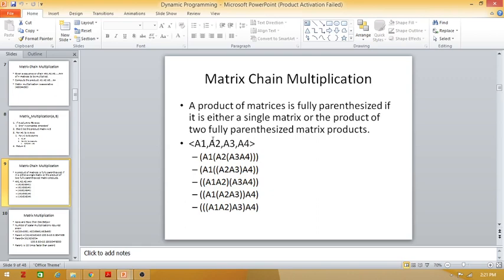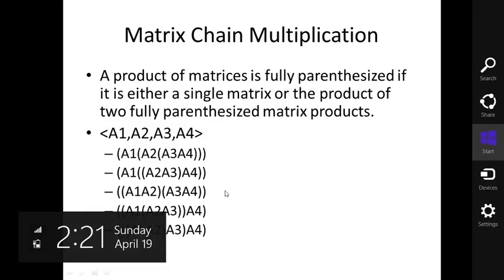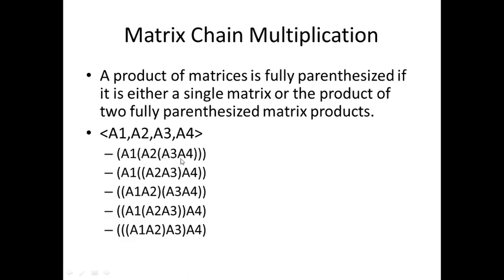Also note the point, this is full parenthesization. Actually an outside bracket you can also see. And this gives you different ways of multiplying the matrices. If you go through that, you can see in the first case A3 A4 will be multiplied, then A2 dot that product will be computed, then A1 dot that product. Here it is a different way, and here also it is a different way. Altogether, we are getting a total of 5 different ways of full parenthesization.